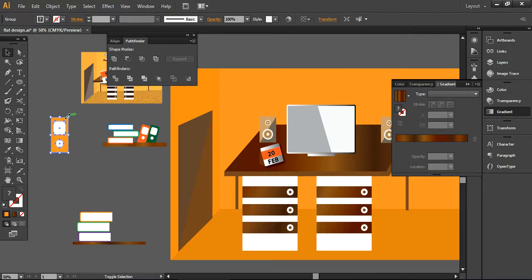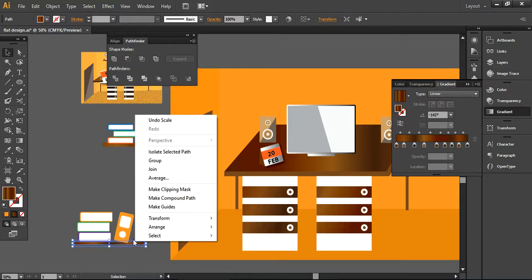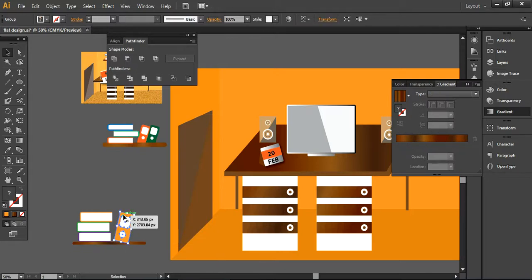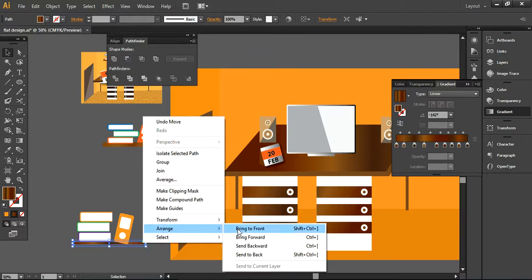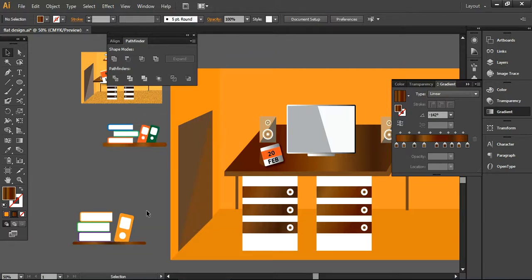And now we are going to place it at the side here like this. If you want, then you can also do like this,